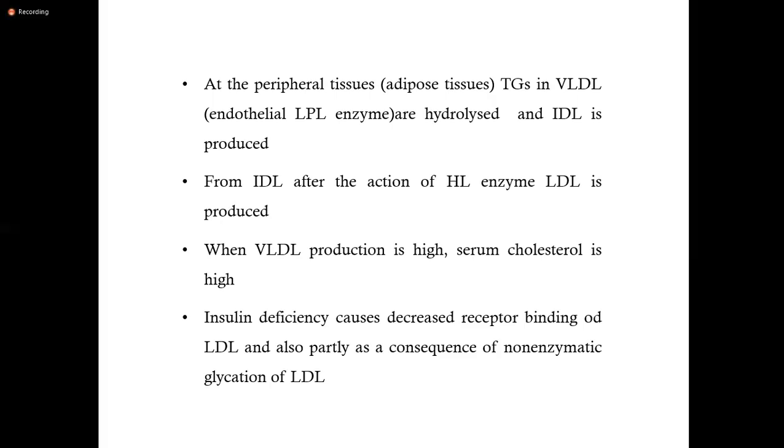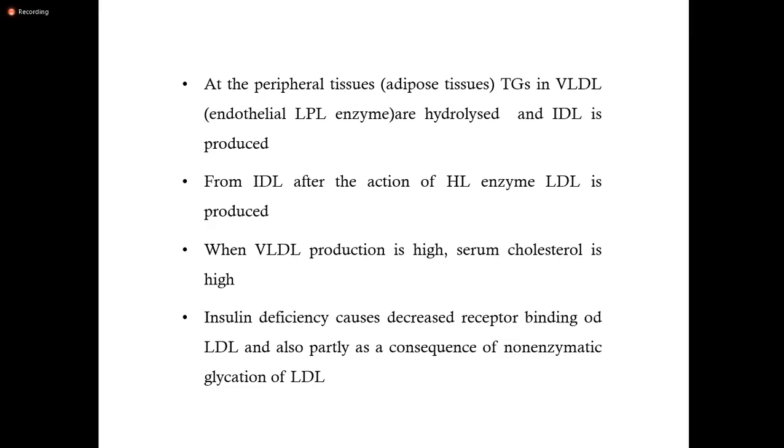In diabetes patients, as we now explained, VLDL output from the liver is high, and at the same time, in these patients, lipoprotein lipase activity is reduced. So their triglyceride clearance at the adipose tissue is low. So these patients are having